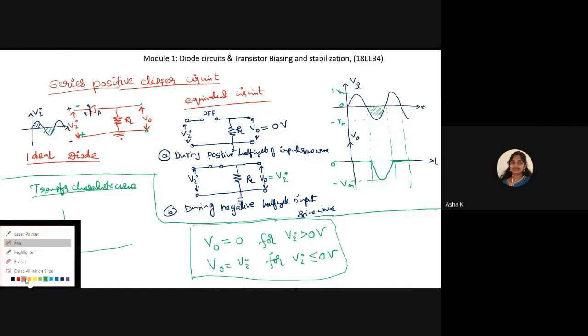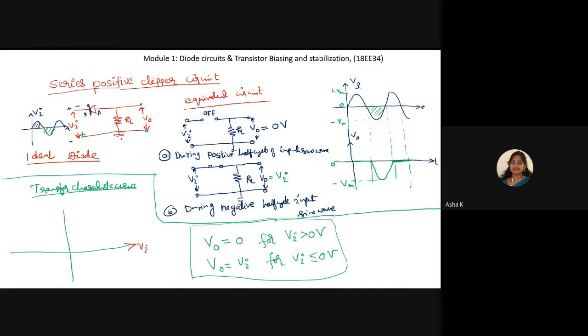This is my V input voltage and this is my V output voltage. Whenever V input is greater than 0, on this side, what is the output voltage? Output voltage is 0. Whenever V input is less than 0, on this side,